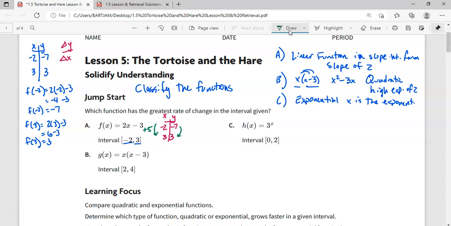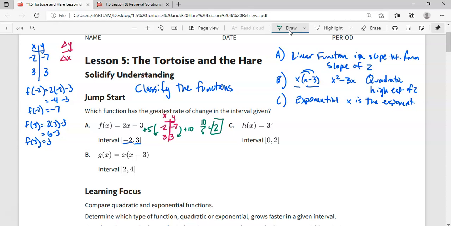From -7 to 3, that is an increase of 10. So my change in y over my change in x is 10 over 5, which would be a rate of change of 2. So I would now like you to pause the video and try questions B and C